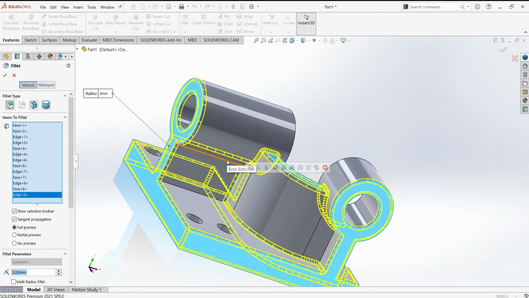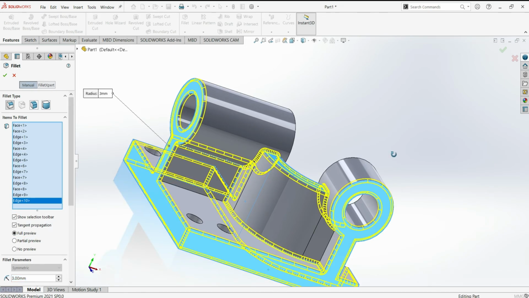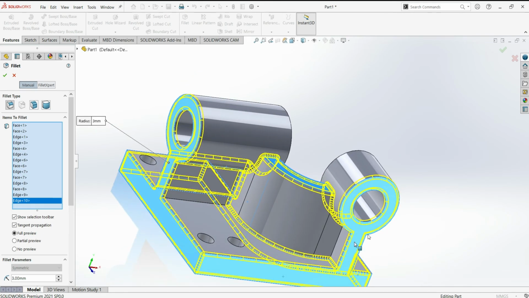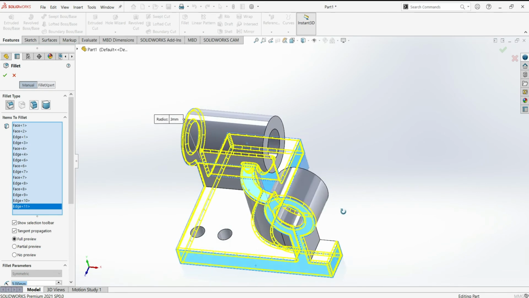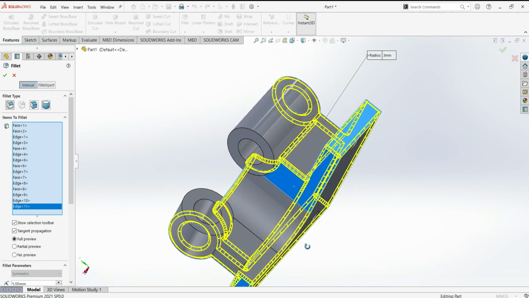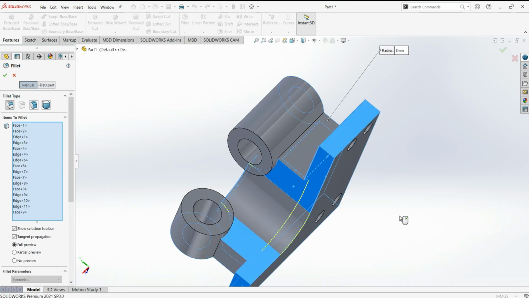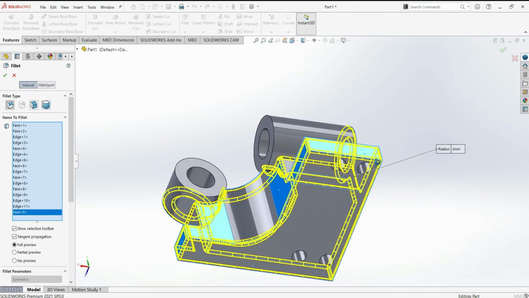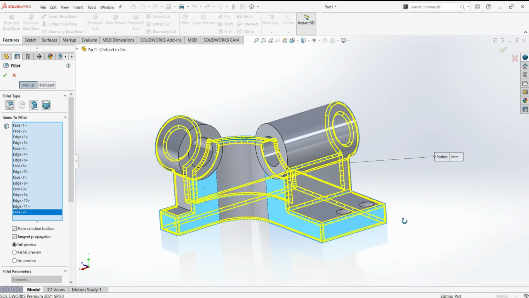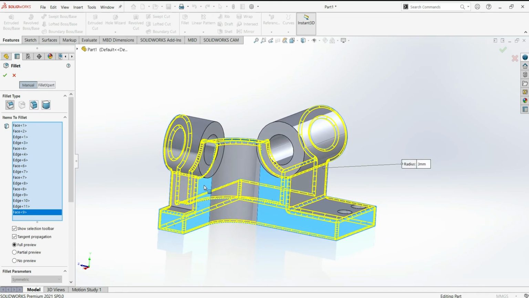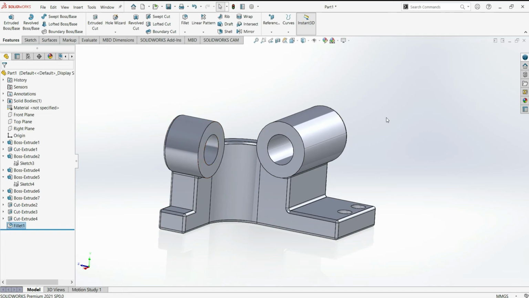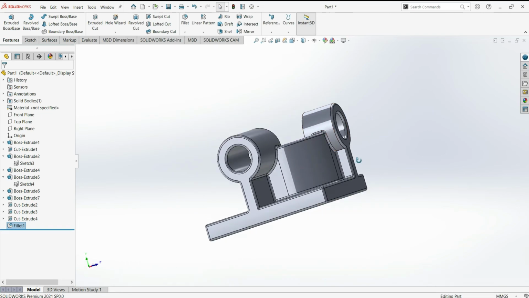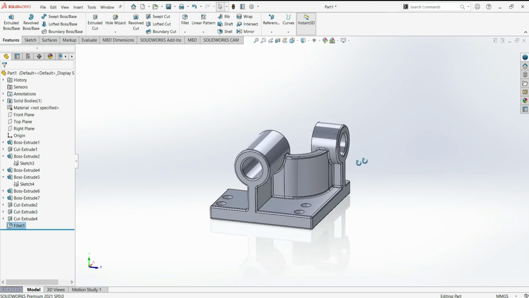Select this edge as well as this edge. So that's it, and select OK. All of our edges are now converted into fillets.